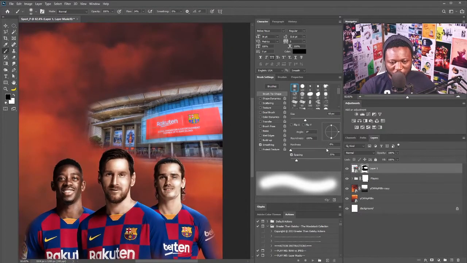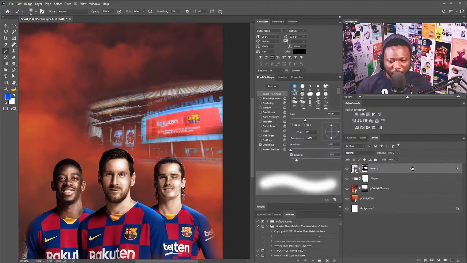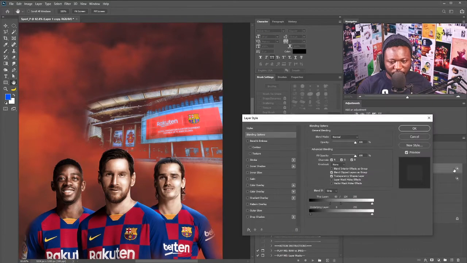Okay, so what I'm going to do is I'm going to blend this. So I'm just going to double click here, hold on Alt to break the wheel, and I'll say okay. I'm going to make a copy of this. I'm going to drag this and drop. I'm going to double click here to bring out the blend if option, and I'm just going to close this